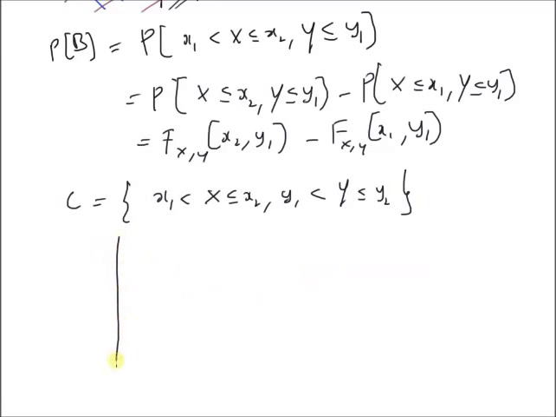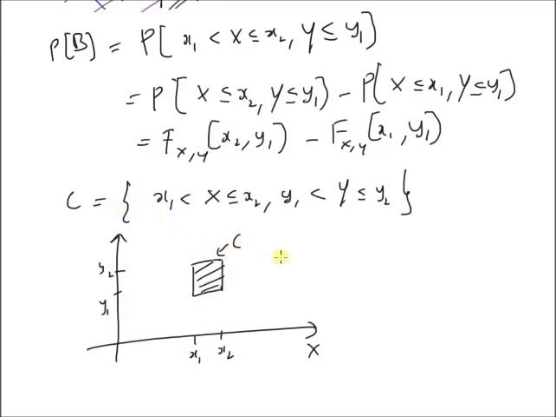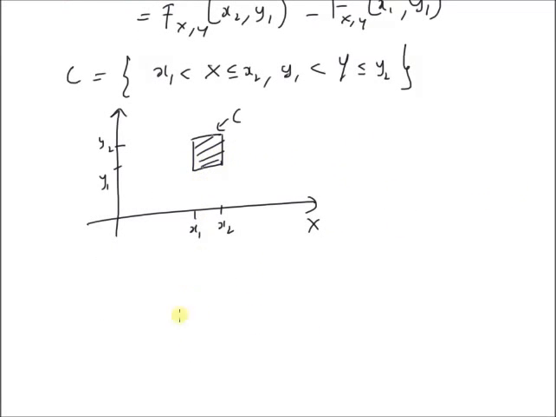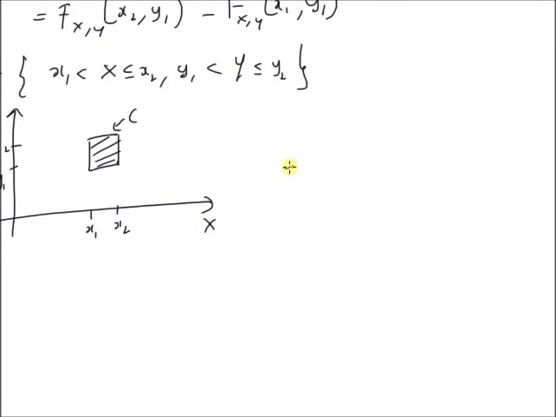Basically, we are talking about a small rectangular region bounded by x1, x2 and y1, y2. That is, x1 and x2 on the x-axis and y1 and y2 on the y-axis. So this is a small rectangular region. This is C. So we want to calculate the probability of this event. We can clearly see that the probability of this event can be calculated by